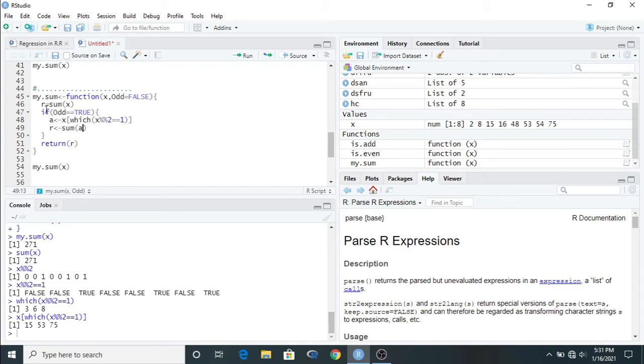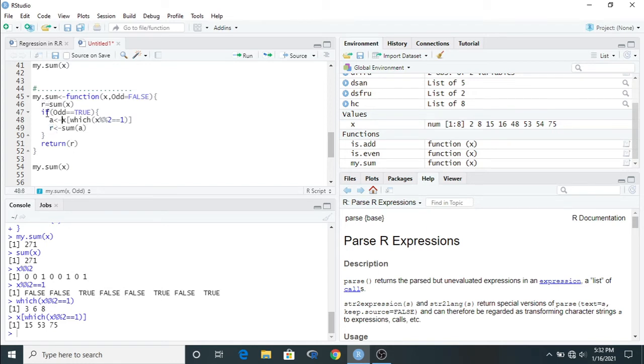So it's the same thing, nothing more here. For this purpose I have to add one or two more lines. If odd is true, first we have to identify which are the odd numbers inside x. So a stores all the odd numbers in x, and then the sum of a, and the result is written in the same name as before.